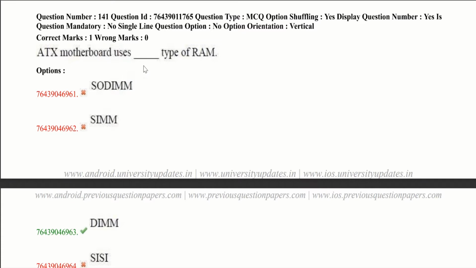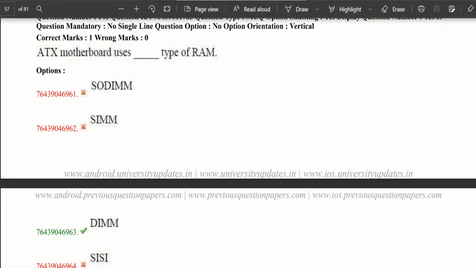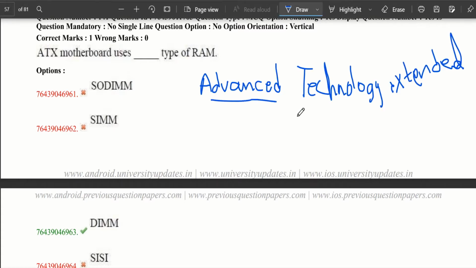ATX motherboard uses dash type of RAM. ATX: Advanced Technology Extended. SODIMM means small outline dual inline memory module.